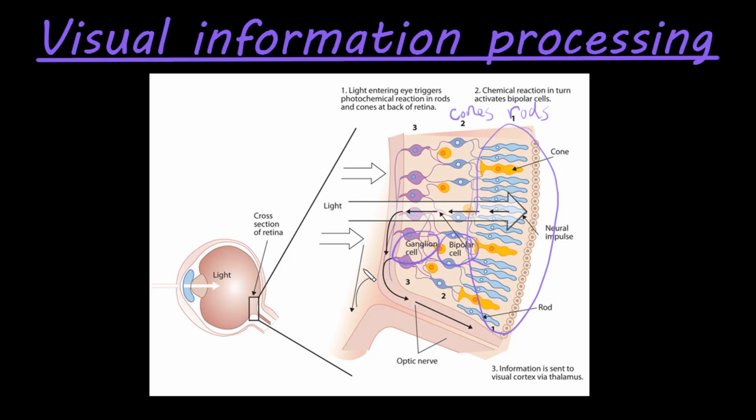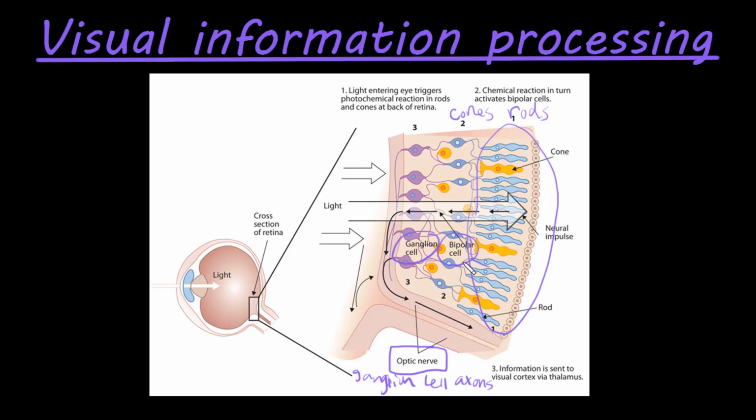ganglion cells. Now, one important thing to remember is this optic nerve. Remember, the optic nerve is formed by ganglion cell axons. So axons, because they are a type of neuron and they have axons. So those ganglion cell axons come together to form our optic nerve, which carries that information to the brain. So light is going to come in and hit our rods and cones in the back of our eye, then go to bipolar cells and then ganglion cells, and then travel down those to the optic nerve and then to